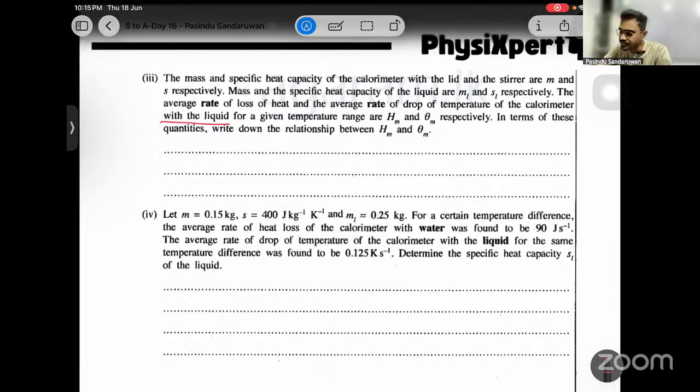Now about the liquid, we can say Q over T of the liquid. Q over T total: there are two things in the system, calorimeter and the liquid. Then the calorimeter absorbs some heat, right? Calorimeter,